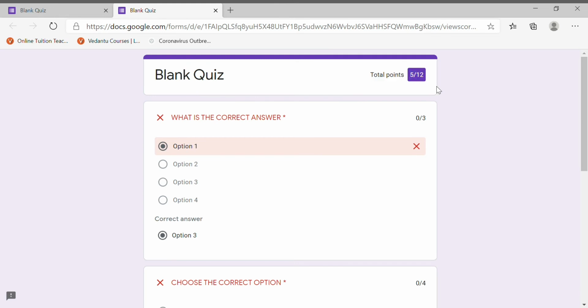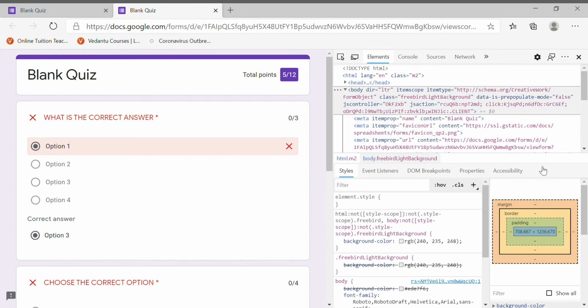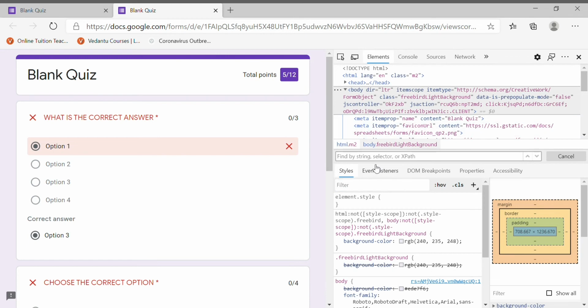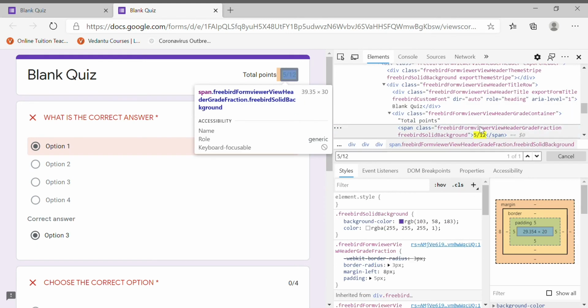So I can change these marks. Same process we have to do. Right click and then inspect, or else we can use Control Shift I. So this page opens. Now go to filter, click Control F. Now find by string, selector or XPath. I'll write my marks here, 5 on 12, Control C, Control V. So here I have got one result.